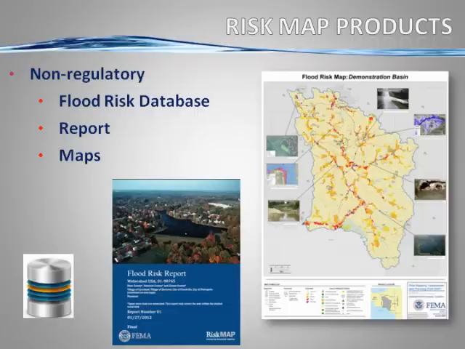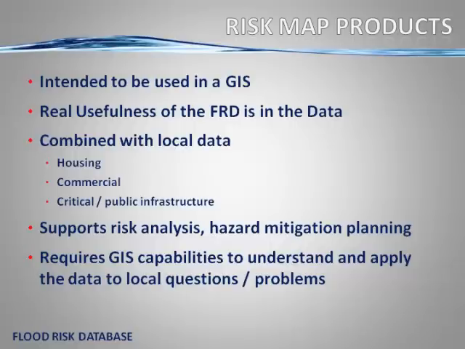So the risk map products, the non-regulatory things, again, are the flood risk database, the report, and the maps. And this is the flood risk map for a given watershed. So your municipality may be within that watershed, and the report is also going with that. The database itself, the flood depth grid, since last FIRM, the areas of mitigation interest, all of this is intended to be used in a geographic format. So if you have a GIS person within your town, all of these data can be displayed in a GIS-friendly